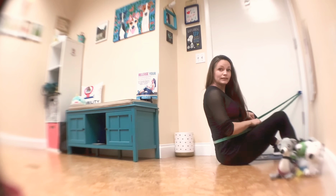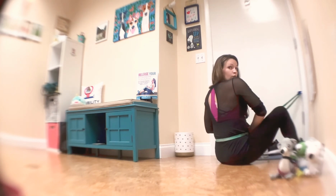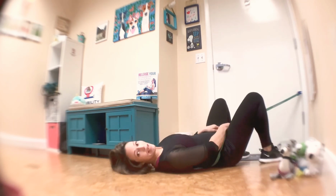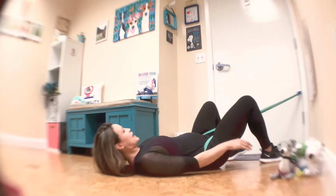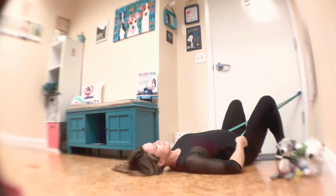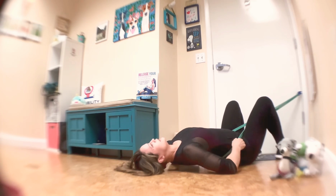Once I have it there, I'm just gonna work my way down to the ground, so that the band is kind of positioned between both of my knees. Once I have that, I'm gonna be laying back, and then I'll start scooching myself back. And then if at any point in time the band is kind of scooched down a little bit, I'm just going to readjust it so that it is